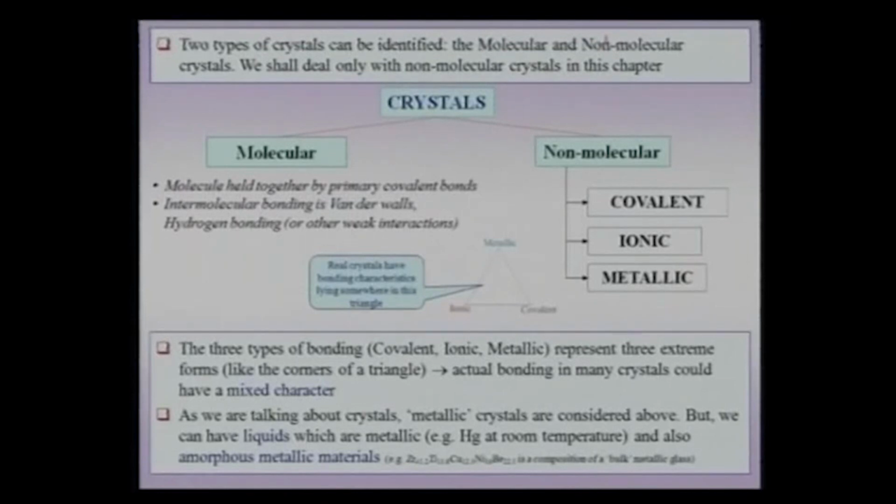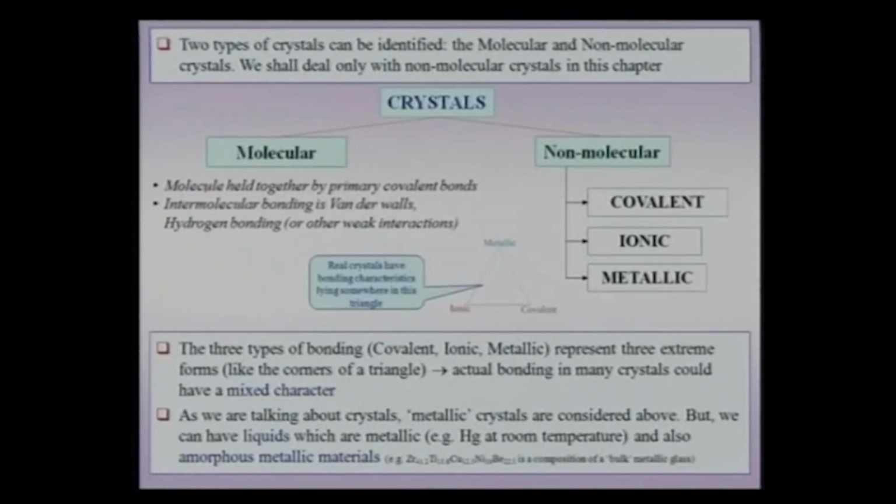When you want to classify crystals, and this is one particular kind of classification which is often very instructive, we can classify crystals as molecular crystals and non-molecular crystals. Now, this classification becomes all the more important when you are talking about certain properties like melting point and certain other properties like deformation behavior, etc. Molecular crystals are typically made of molecules, and these molecules are formed typically by primary bonds